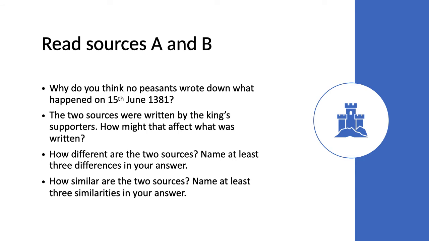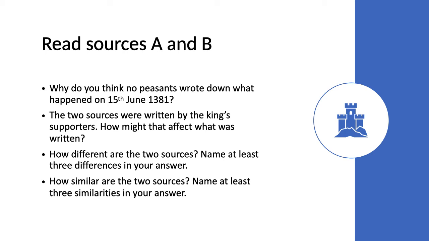So for your extension task, I want you to go back to the sources and I want you to reread them. And then I want you to answer me these 4 questions. I don't mind if you write out the answer and bullet point, if you write out the question, and bullet point the answer, or if you prefer to write them in a full sentence. I don't mind either way. You must do one of them. You can't just give one-word answers or sentences that start with because if you haven't written out the question. So you've got 4 questions there.